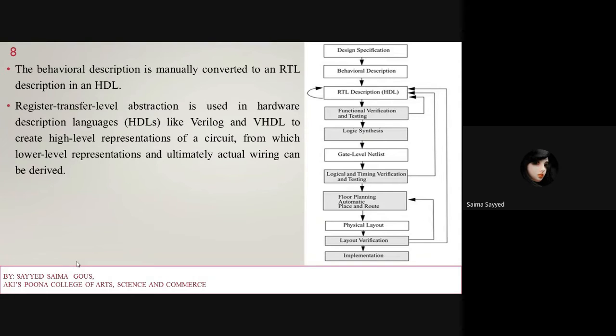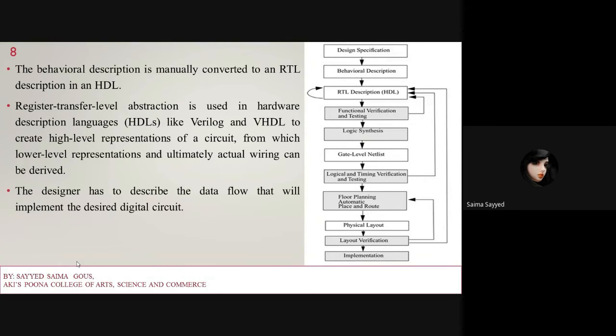The register transfer level abstraction is used in hardware description languages like Verilog and VHDL to create a high level representation of the circuit, from which low level representations and ultimately the actual wiring can be derived.